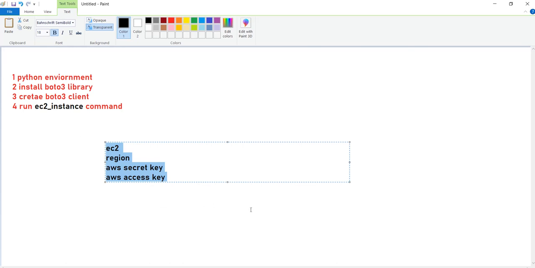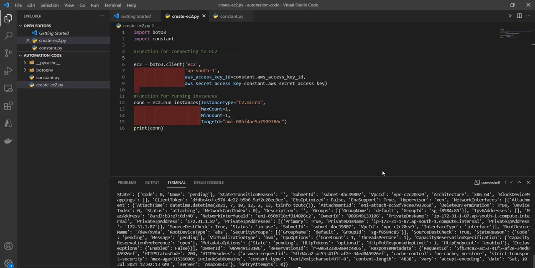Now moving to the code. I have created a sample code, and I will explain each line one by one. First of all, I import the Boto 3 library.